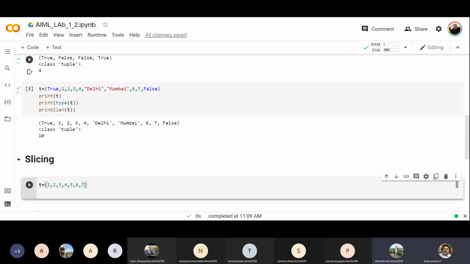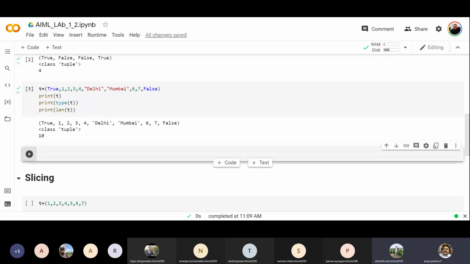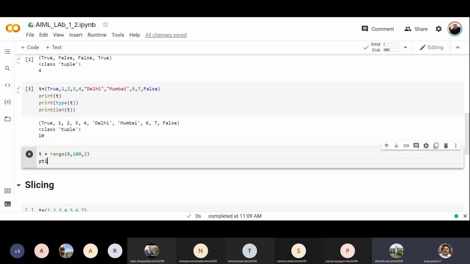We have a list with a range command. We have used a range command, and we can check it. One minute before I add. Okay, t is equal to range 0 to 100 with a step of 2, and